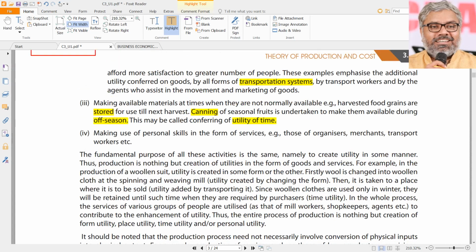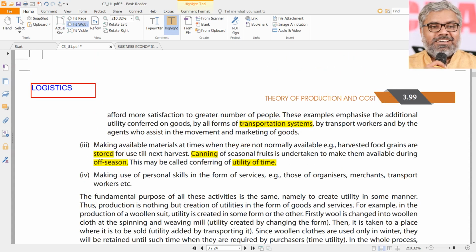But I think in this era of refrigerating technologies we are going through, it is almost useless to discuss utility of time. Practically that is almost negated. So many things that we use and eat, we are also not sure whether they are fresh or not, or for how many months and how many days they have been frozen in the refrigerators. We don't know. So utility of time is created by storage.